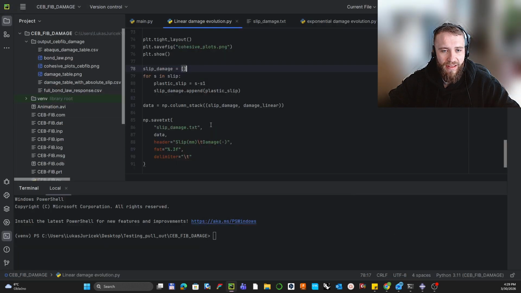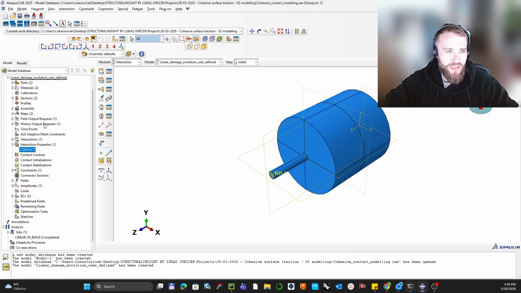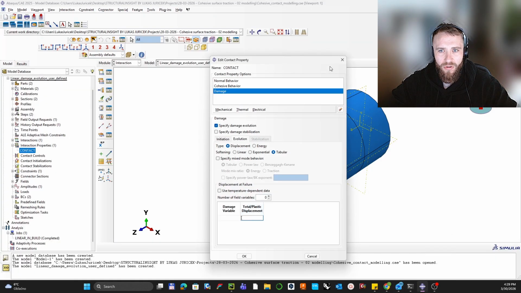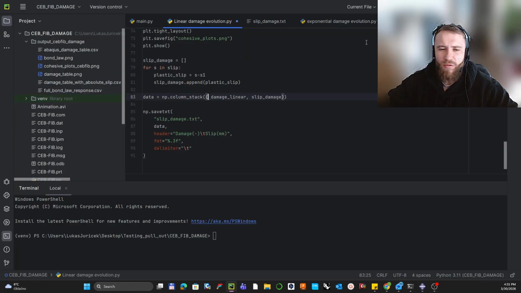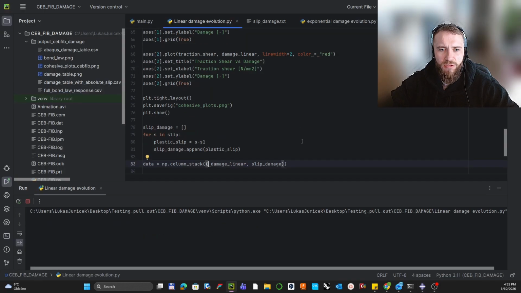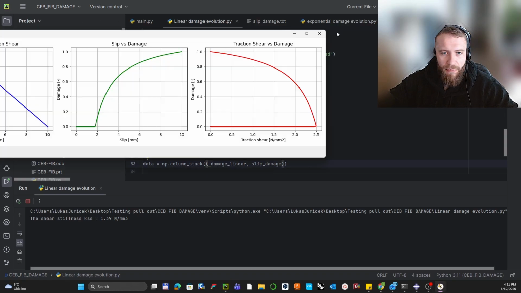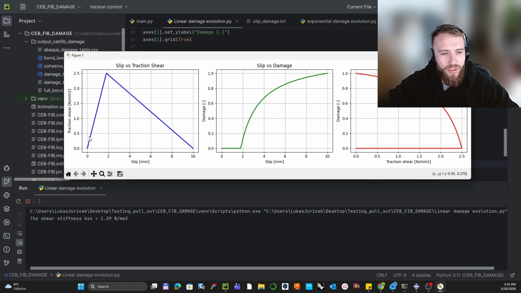Actually, that's been stored in the text file. So I will just check that the damage is on the left side and total displacement is on the right side. If I run it, I would be able to see that. So what happened here is that the traction versus slip graph has been printed out. Here is the damage. As you can see, the onset will start at 1.8 and has a hyperbolic shape. And this is the traction versus damage. Again, that's affine to this